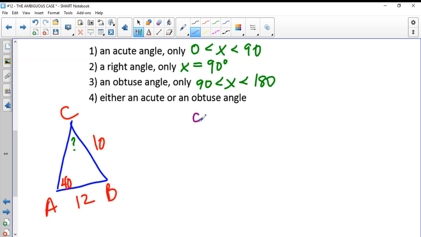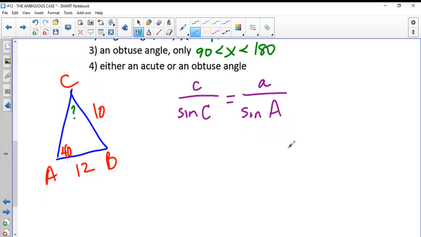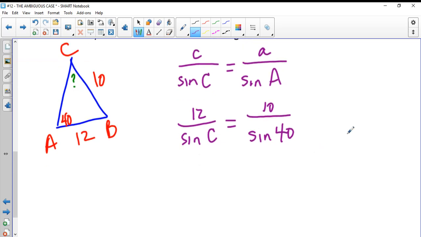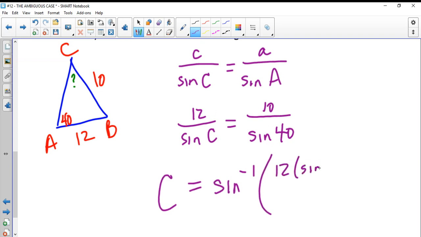So we have c over sine C, and then a over sine of capital A. Insert the information and solve as we've been doing. So we get this equation: 12 over sine C equals sine 40 over 10. If you're really good at this point, you can just write down the measure of angle C. It's going to be the inverse sine, because we'd cross multiply and get 12 times the sine of 40 degrees